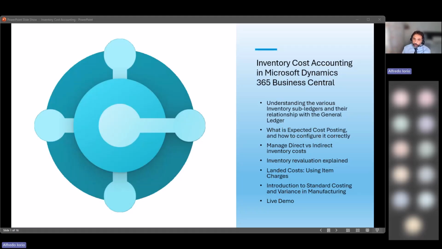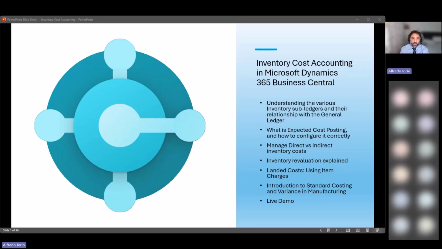Today we're going to talk about inventory cost accounting in Microsoft Dynamics 365 Business Central. We're going to talk about the various inventory subledgers and the relationship with the general ledger today. We are going to cover expected cost posting and how to configure it correctly because it can be quite tricky